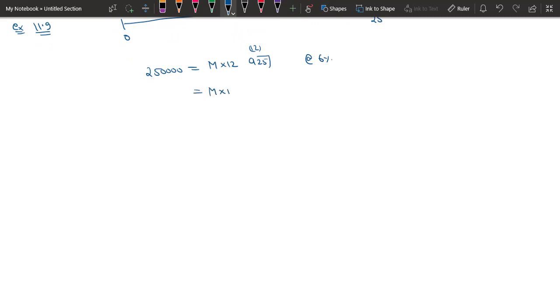So this will be equal to m into 12 into a25 into i upon i12. So m into 12 into a25 from the tables is